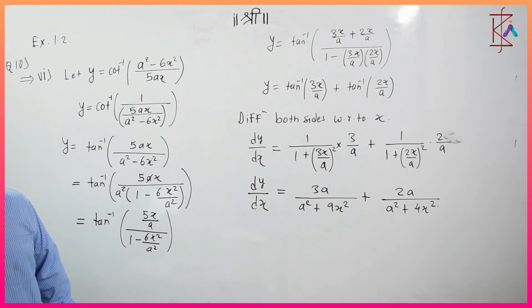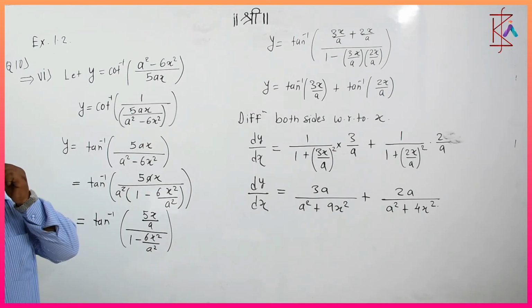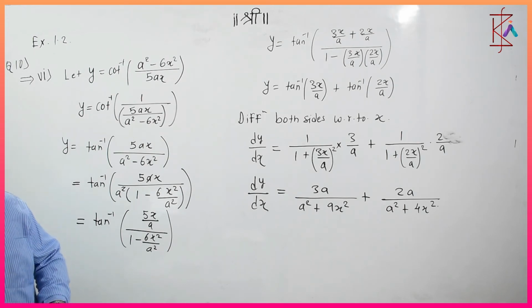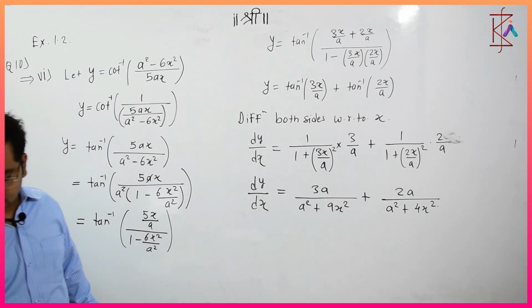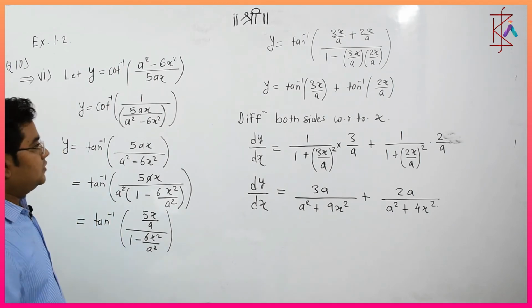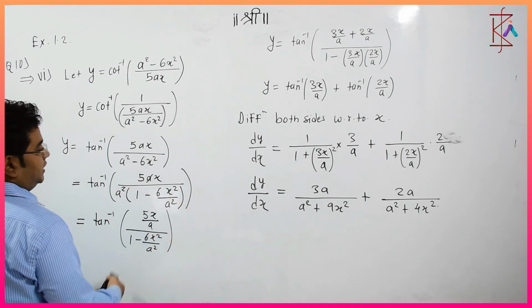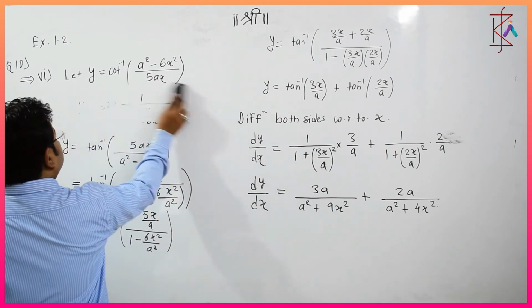Now let's move to the further question. Question number 6 is done. Question number 7 is again an interesting question. What we need to do is again apply the formula. What is the formula for the next question? It is nothing but a plus b tan x divided by b minus a tan x, so we can simplify it. Hope you are getting these answers properly.